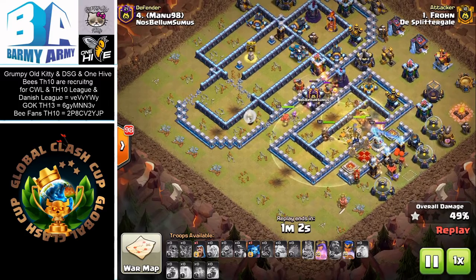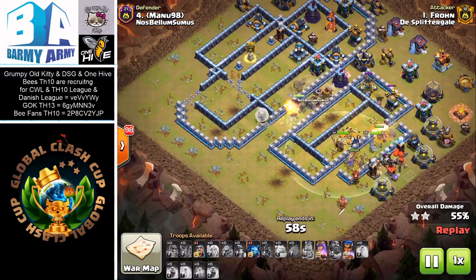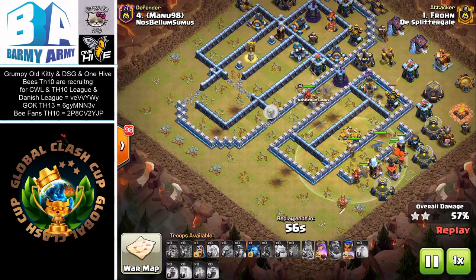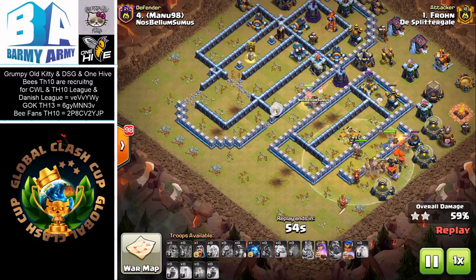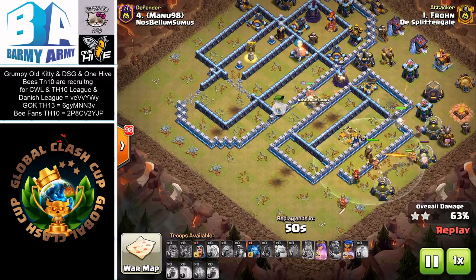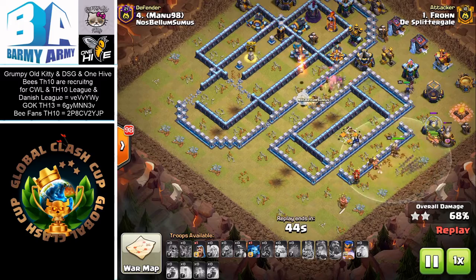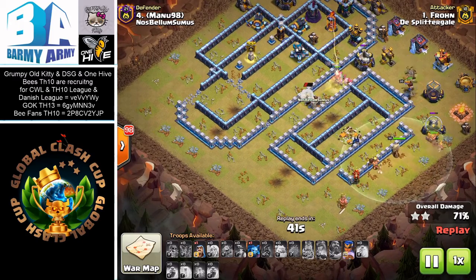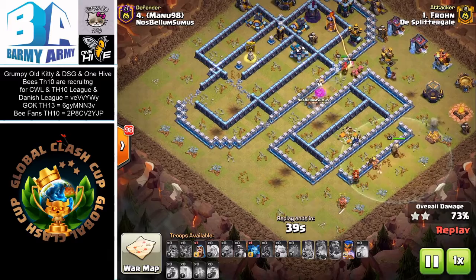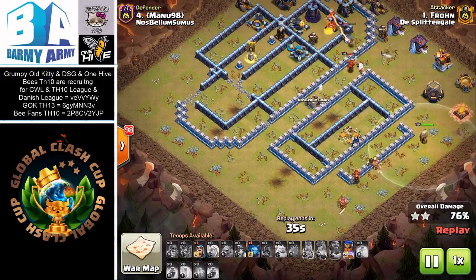Queen's going to come over and help the main army, and his hybrid along with the champion, along with the warden, are doing work on this bottom side. So we'll see as the attacks progress. It's a nice little channel there for the Queen. It's not ideal because he did want to go into the catapult, but